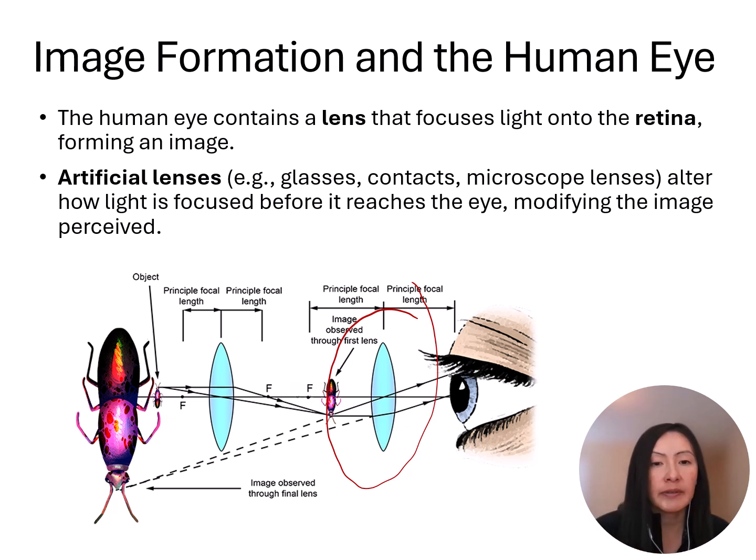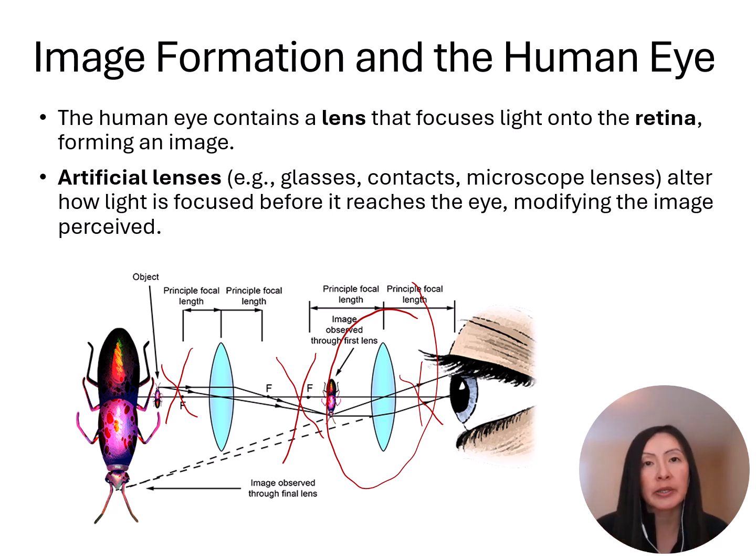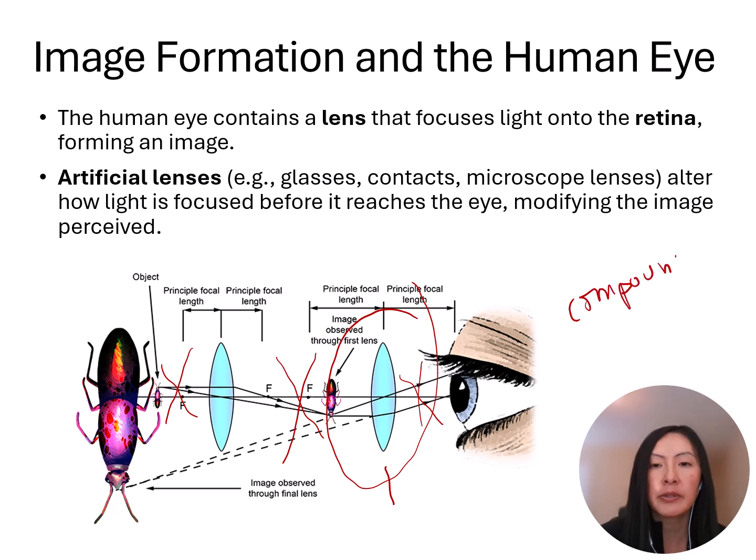There are a lot of other details that are beyond the scope of our class, so don't worry about calculations or things like virtual images that you might have learned about in physics. What I would like you to know are there are two basic types of microscopes that you might have encountered. There's something called a simple microscope, which just uses one convex lens. In our classes, we use compound microscopes, and compound microscopes are microscopes that have two or more convex